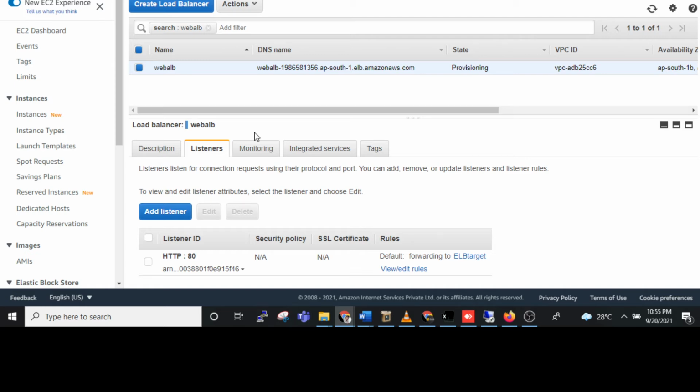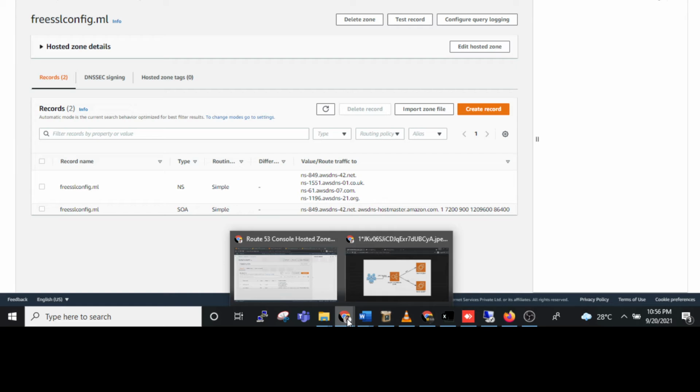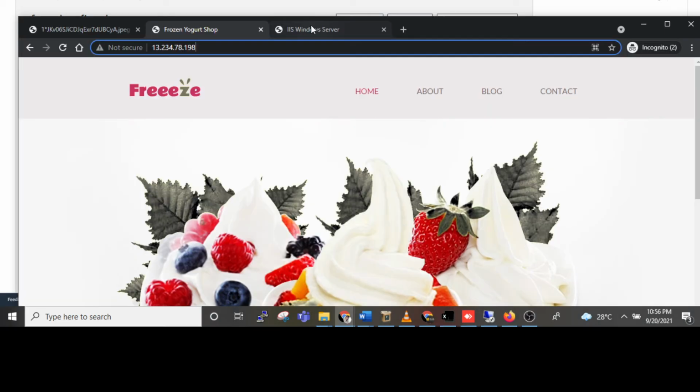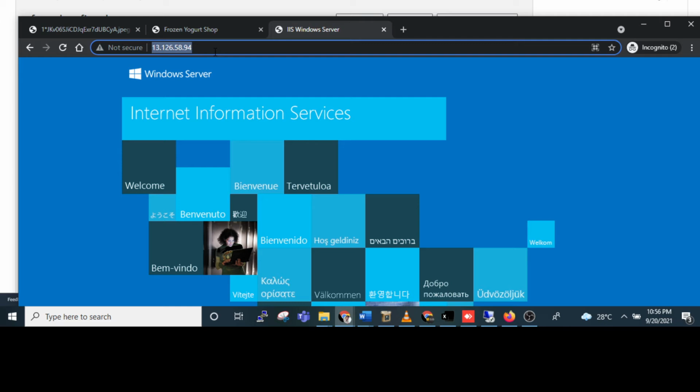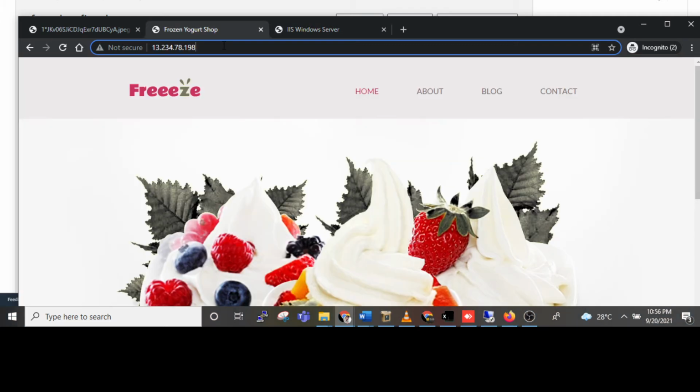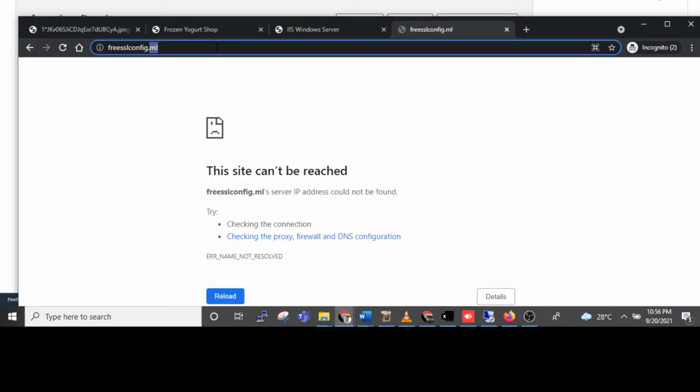Meanwhile, we go to Route 53. One more thing I need to tell you: these are the IPs of the two instances. We need to map them with our website, freesslconf.ml, because we only have the domain.